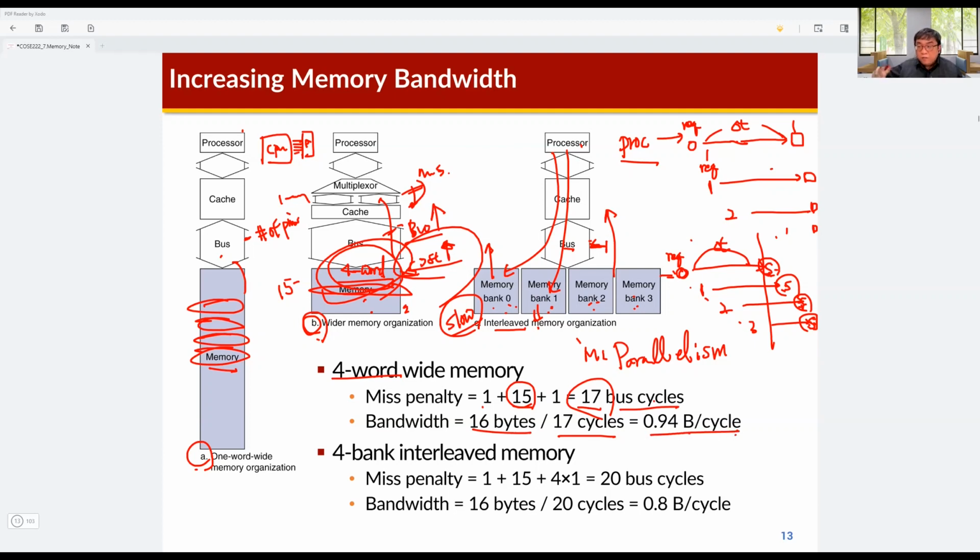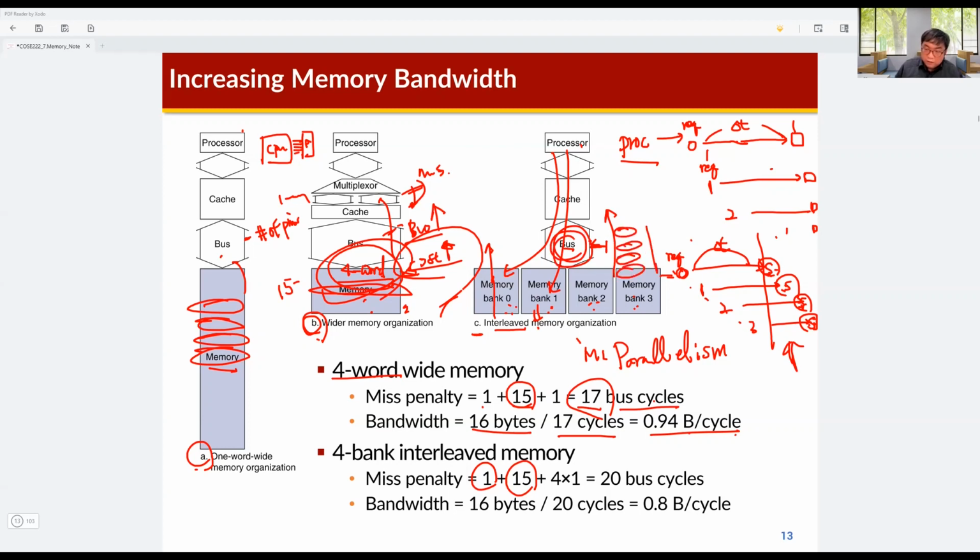So this is the average amount of data transferred per cycle. Okay, but for case C, this is the interleaved memory organization. So the miss penalty is that the 1 is for accessing this cache, and then 15 is the latency of this memory. And then like this figure, with this narrow bus, the data is